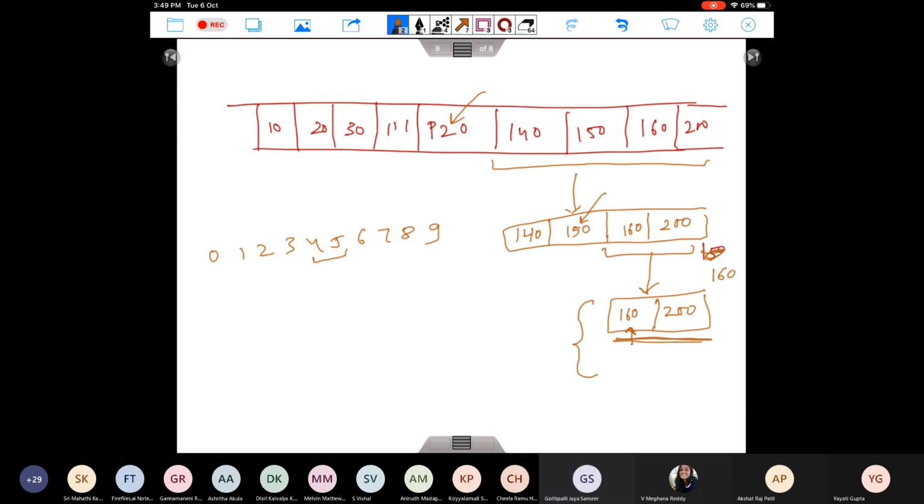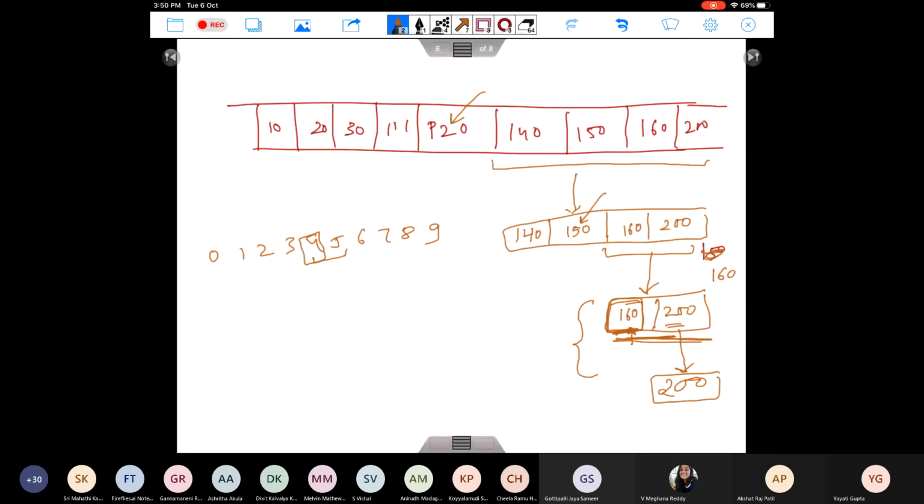So in this case, we can set up a logic and say if two elements are there in the middle, take the first of them to be the middle element. So in this case, I'll say that 160 is the middle element. If I found the middle element, well, I'm done. Assume that I was looking for 200. Again, this person will say 160 is the middle element, and 200 is greater than 160, so he will pass this 200 to one other person. Now you can make this base case just one element also. You can do it in any way: a base case out of one element, or a base case out of two elements. Okay.